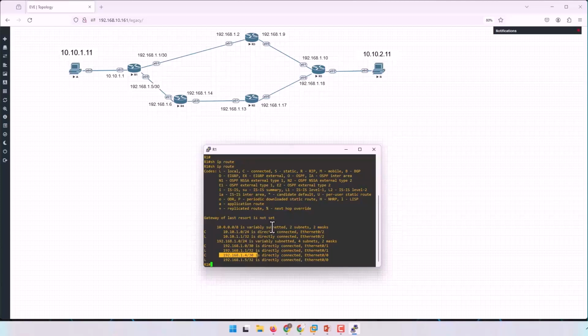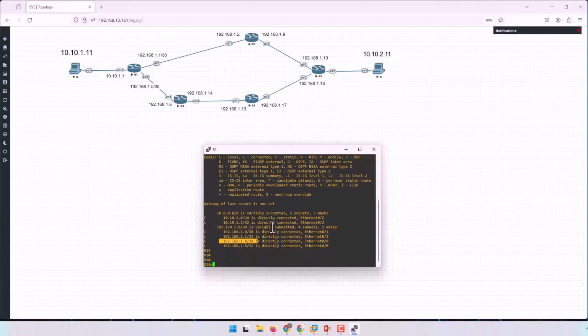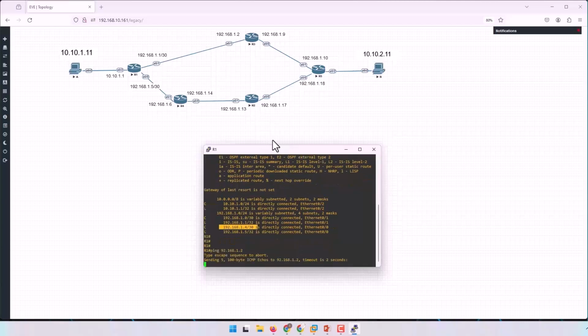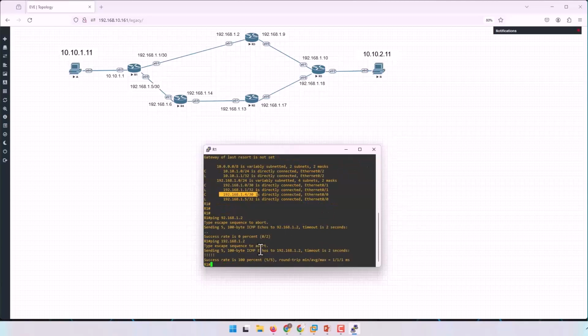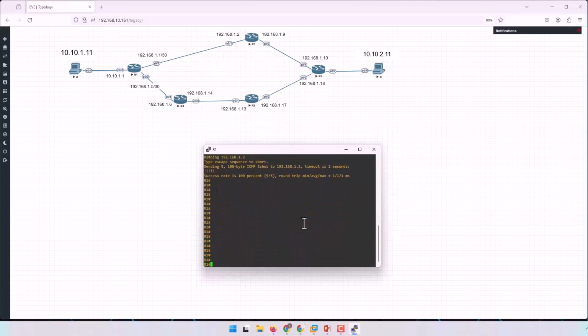their directly connected interfaces. For example, if I try to ping 192.168.1.2, this ping should be successful, and it is successful here, but we don't have any entry for that because this interface is directly connected. Then there is no need for any entry here. For now, let's start our configuration. conf t